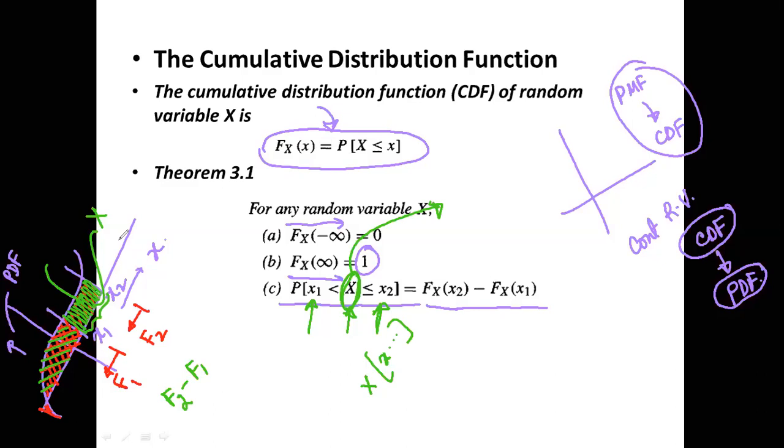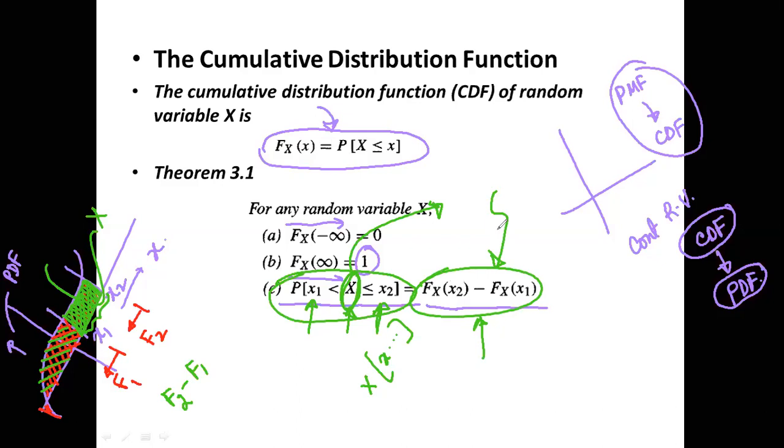Let me answer the question like this. Say for example, these are two different sides. Let's solve the right hand side first. What do you mean by F_X(x2) minus F_X(x1)? Isn't it this green area? I'm talking about area. This green area is the right hand side. Is it clear? Yes, sir.